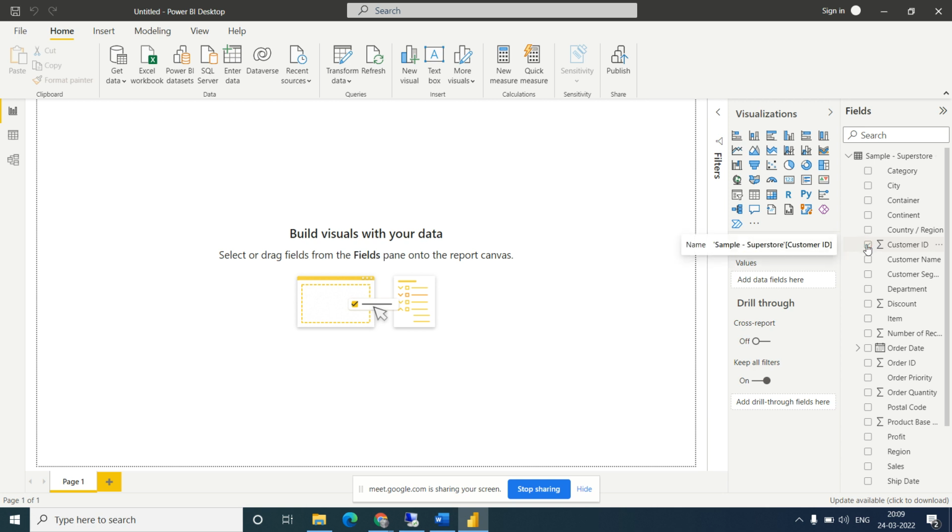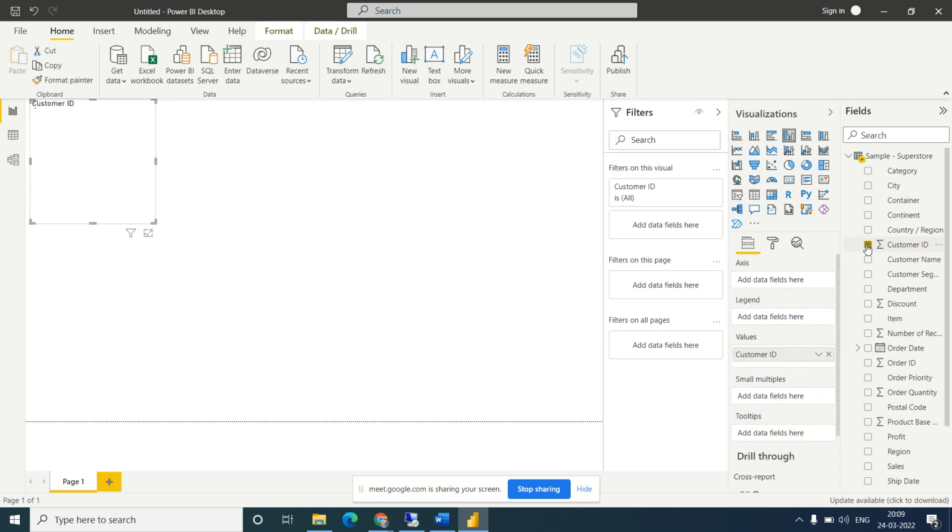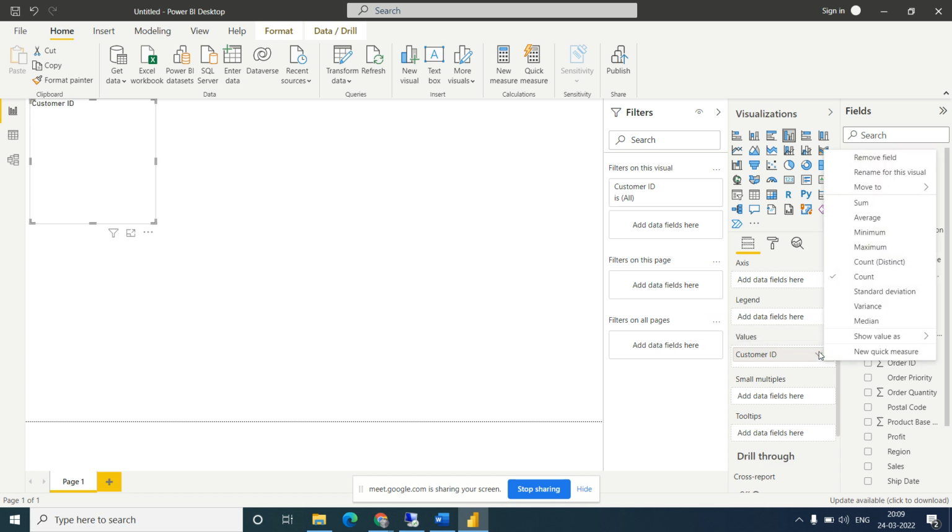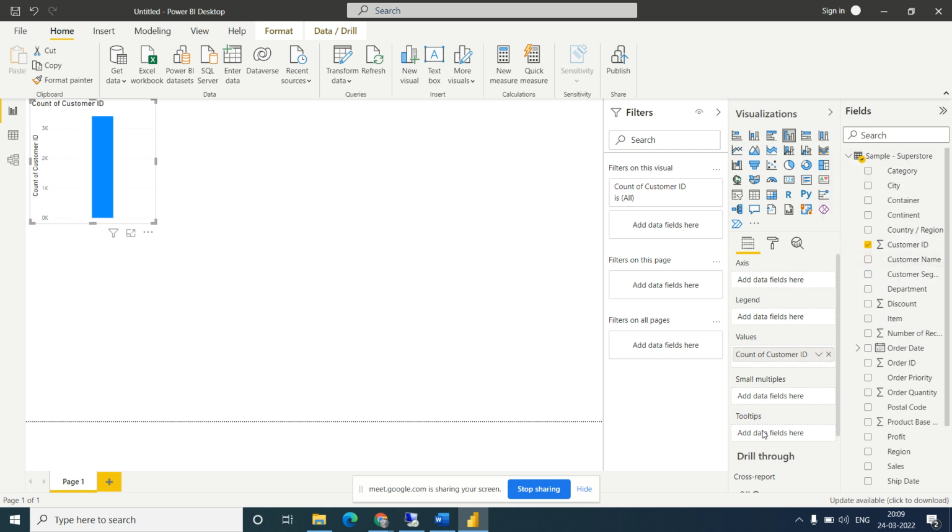Take the customer ID. We need the total number of customers, so we take the count of the customer, count distinct.